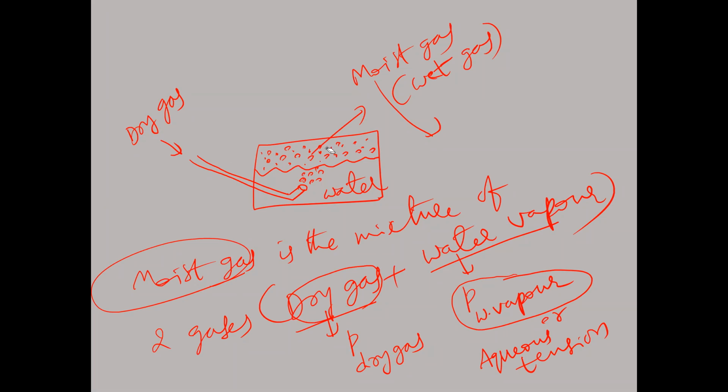Now this gas collected above the water is always taken as moist gas. In any numerical problem, if they mention that the gas is collected over the water, above the surface of water, that collected gas must be treated as moist gas. In this moist gas, the dry gas will be there, and also water vapor, both are there. This mixture of dry gas and water vapor is nothing but moist gas. Okay, so I'm going to the next page.